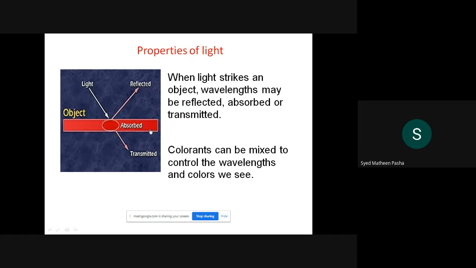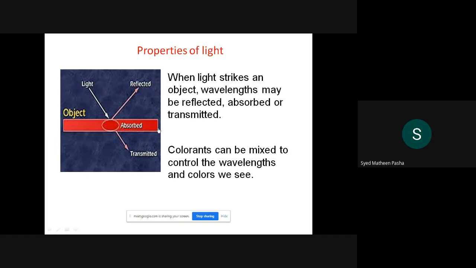Then the first important property of light is dominant frequency. Dominant frequency, in the sense, basically varies the frequency. If you are noting it down, you can note the properties I am telling, so that you do not get confused afterwards. The first property is dominant frequency.